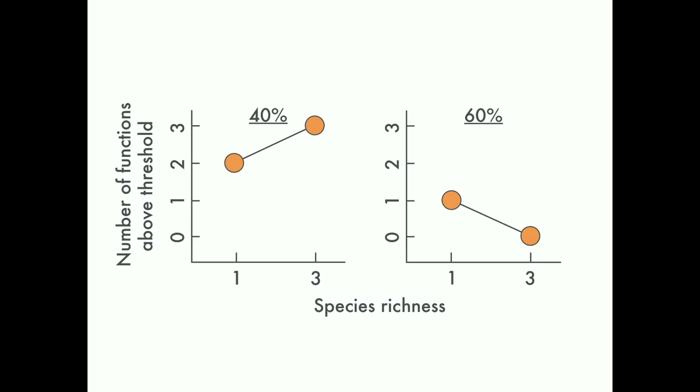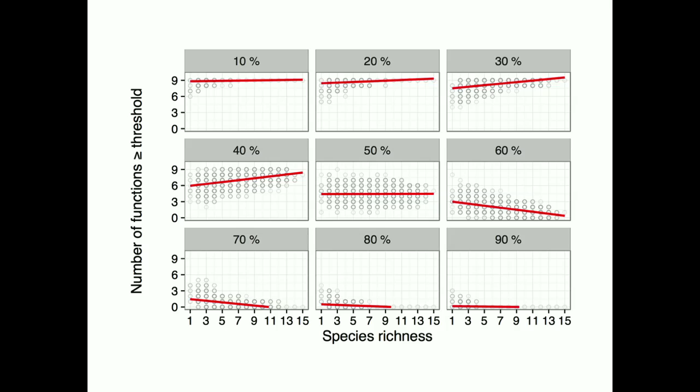And let's return now again to our modeling exercise with the 15 species and 9 functions, and plot slightly more thresholds here. So we have the number of functions above the threshold on the y-axis, and richness on the x. And we see that there will be a positive slope for all thresholds below 50% and negative above. Remember, this is still under the assumption of no niches and equal fitness for species. And please now remember the central panel there, where the slope is flat, the 50% threshold,